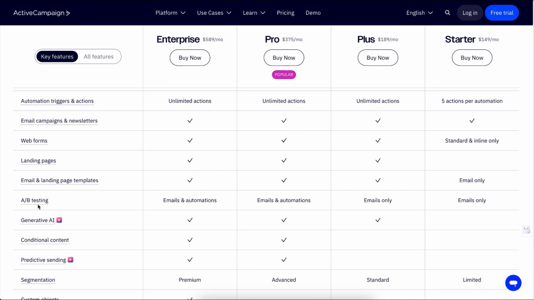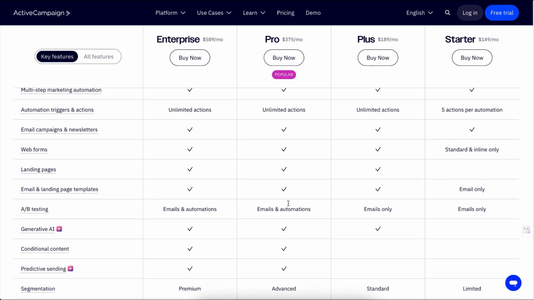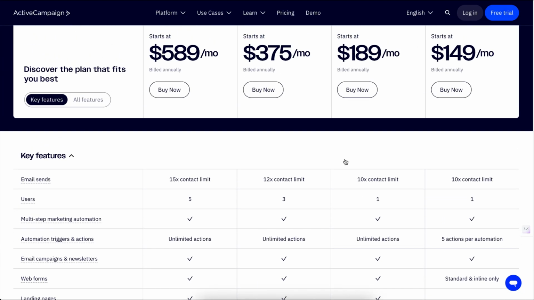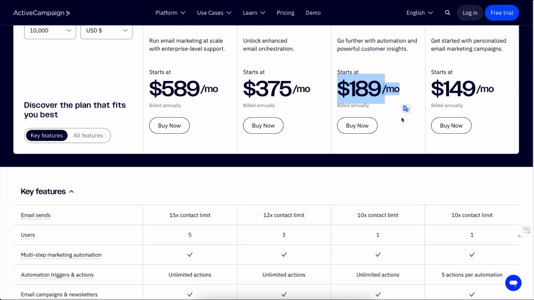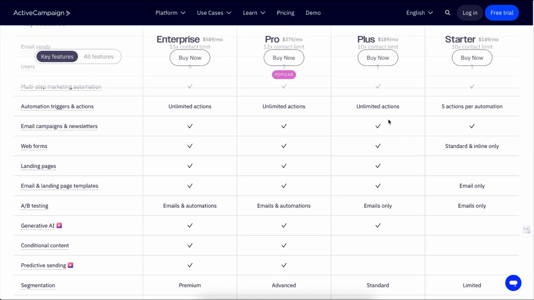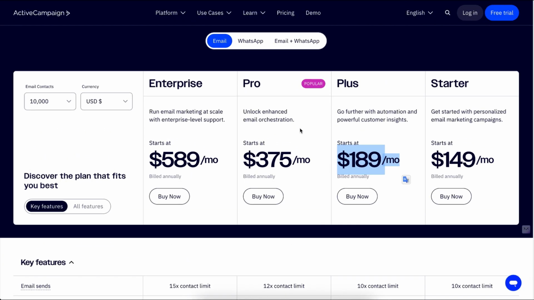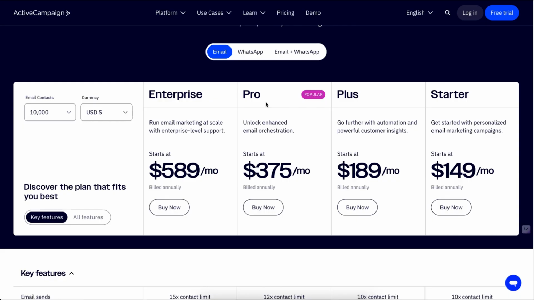And even for, let's say, A/B testing, it's emails only. You can't do A/B testing within automations, which honestly is crazy that you're paying this much money and you don't even have A/B testing within automations. It's really honestly kind of annoying. So you might need to go with the Pro plan if you need those features, most likely,